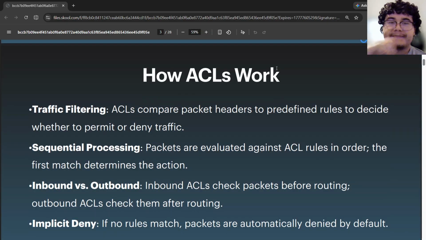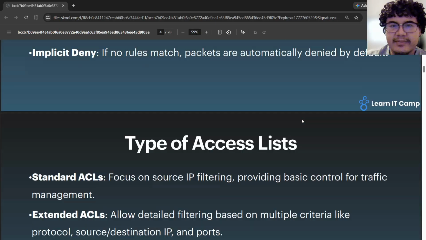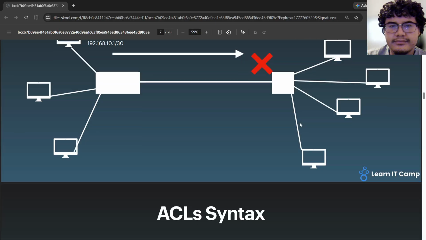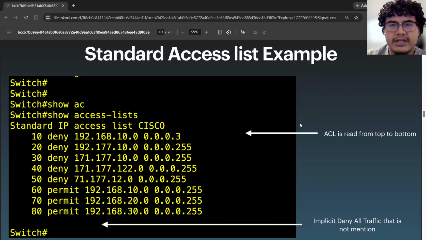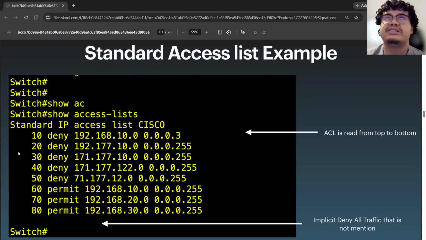So how do ACLs work? They work by traffic filtering. ACLs compare packet headers to predefined rules to decide whether to permit or deny traffic. Sequential processing. So ACLs, let me see if I'm able to. Here we go. ACLs, sequential processing, right? So this is the ACL, or show access list, output of it. So an ACL will have ACEs, or access list entries, and it's basically this rule right here, just 10, 20,